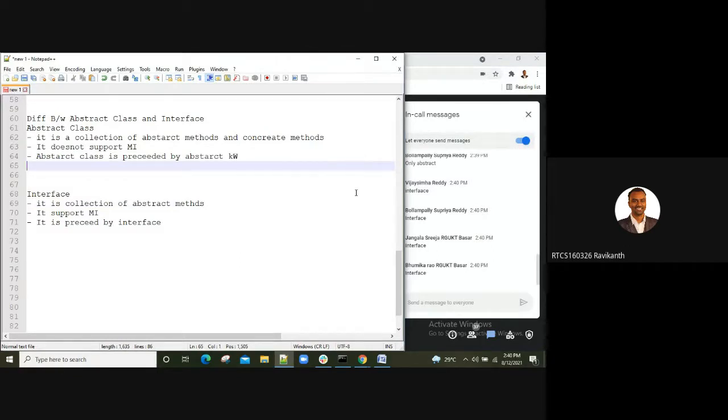Default access specifier point of view also we have seen a difference, right?